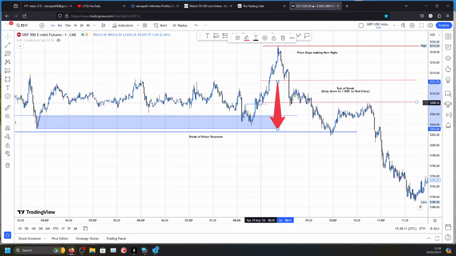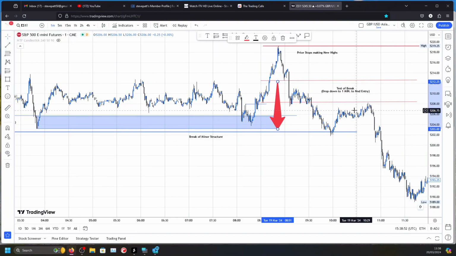But if you did get into a long trade, say off of that bullish candle there, and you're long now, and at this point you see price is now breaking down through, is failing to make a new high, and is breaking through minor structure here. If price has got down here and broken through this minor structure point, and then you've got this coming back up to your entry point,